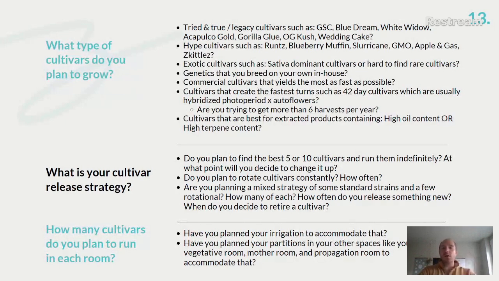Understanding that your genetics are huge, they do play a pivotal role. I'm not here to downplay that, but I like to choose cultivars that are effective for the operation that I've designed, and not vice versa. Understanding that if you're trying to really set yourself apart by the genetic variety that you choose, you can do that by having any level of combination of the genetics that I'm suggesting here.